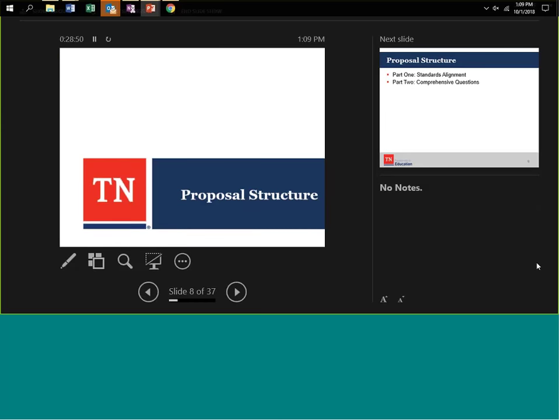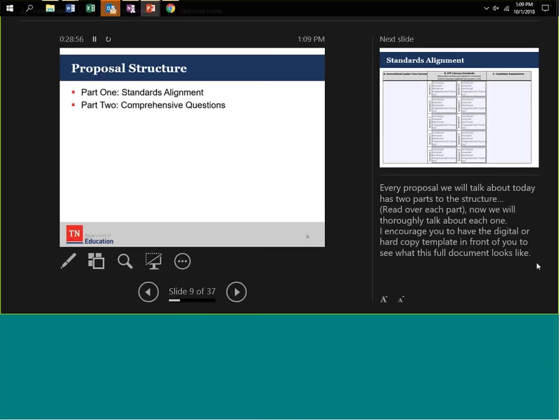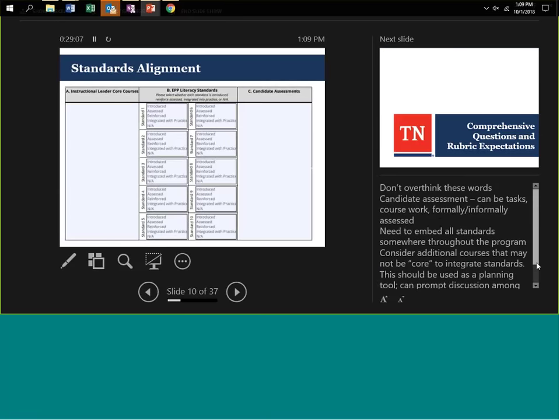Let's talk a bit about the proposal structure. If you have the template in front of you, it would be helpful to be looking at that now. There are only two parts to the proposal structure for instructional leaders. Part one is the standards alignment, and part two is the comprehensive questions. I want to spend a little bit of time talking through the standards alignment, or part one of the proposal